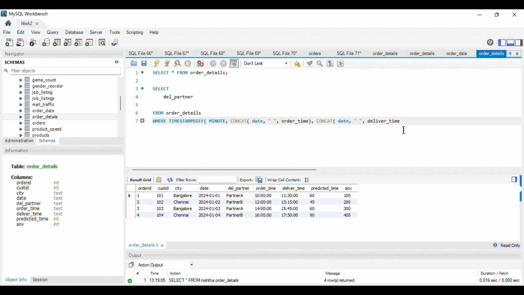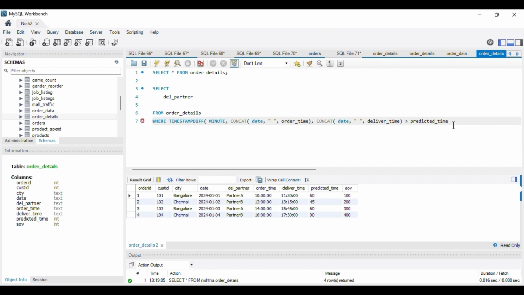So now I can see that it has combined the order time into date time format, and the deliver time into date time format. And since this complete value should be greater than my predicted time, this function will calculate the actual delivery time taken by the delivery partner to deliver the order.